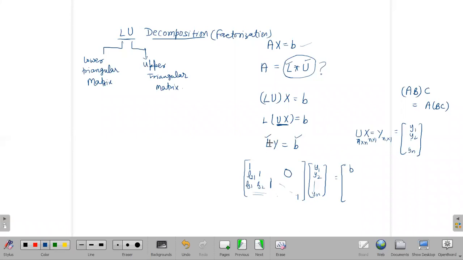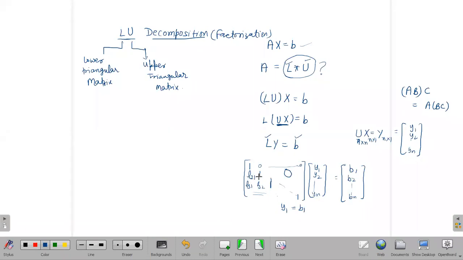But here we have lower triangular matrix now. So from the lower triangular matrix you can find these Y easily. How? Here you can see this is nothing but forward substitution. Means if you again multiply these two matrices, you will get Y1, because 1 into Y1, this part is 0, 0, 0. So 0 into Y2, 0 into Y3, and so on up to 0 into Yn, which is equal to B1. So at last you will get Y1 is equal to B1.